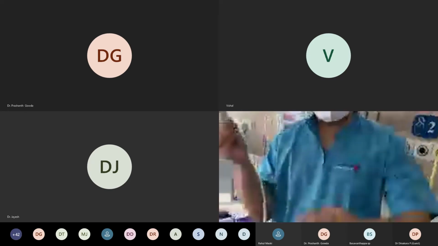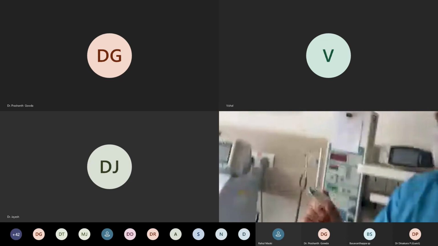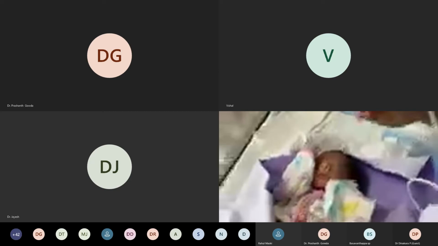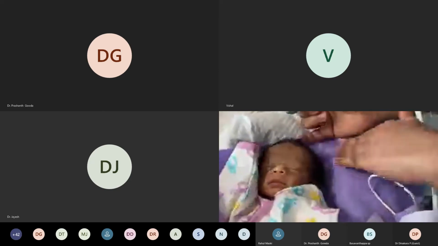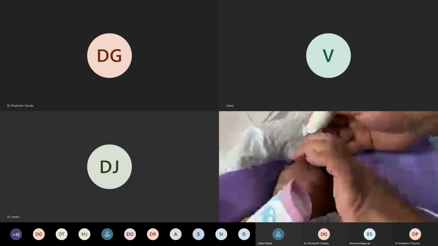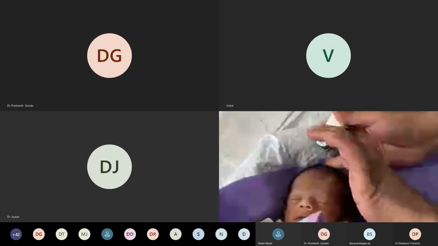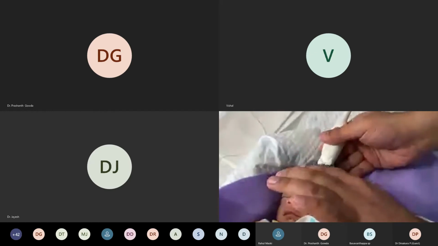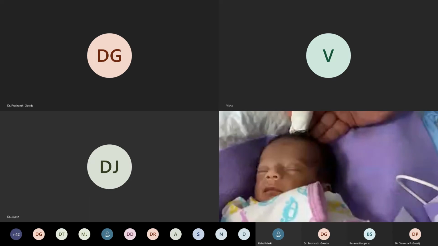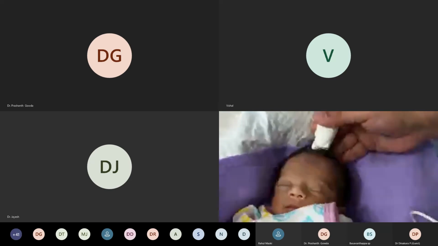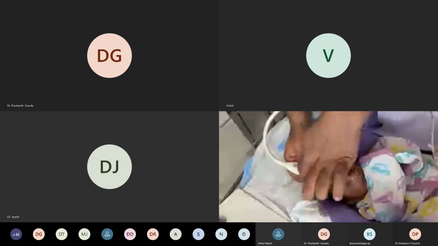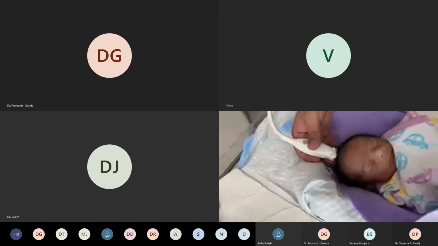So first we'll try to take, come closer here. The baby is sleeping comfortably. We are trying to take the coronal view first. Try to find the anterior fontanelle. Try to feel the diamond shape clearly and place the probe with support. You don't have to press. The baby is comfortable. Can you come this side? A little this side. Okay. So you can see it on the right shoulder of the baby.